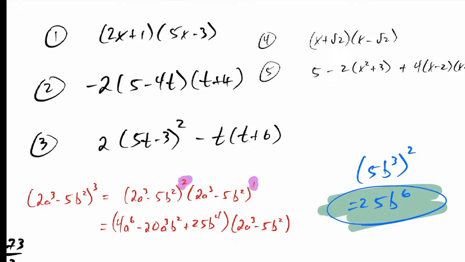Okay, so I'll let you guys work on these 5 here, and I'll help, I think it was Matthew, with this one here. So square the first, check, we got that. First times second times 2, we took care of that. And square the last, we get this one here. And then I just wrote that back down. So now I have to actually distribute this. I'm going to take the 4a to the power of 6 and multiply it by both of these terms here. So that's going to give me